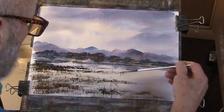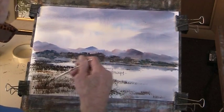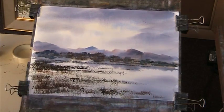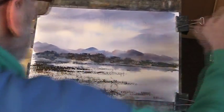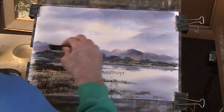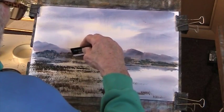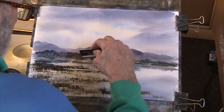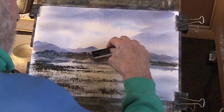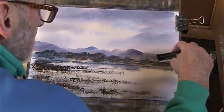I'm not going to put any rocks on there, but what I want to do is to just lift out some bits on this tree line over here, on this shore, and just do some reflections. Try to get your reflections underneath what they're reflecting. Might put, well,